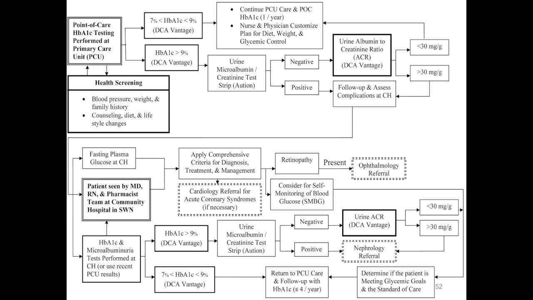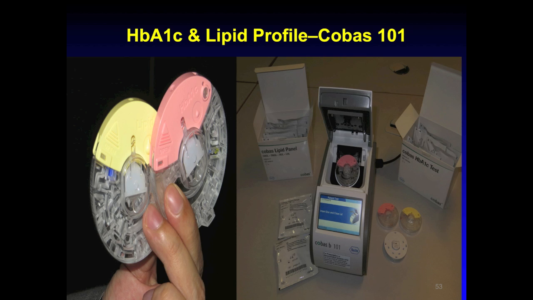We have developed, as shown in slide 52, care paths that will integrate several forms of point-of-care testing to deal with the diabetes problem. And in slide 53, a direction we hope to take with a new instrument that can do both hemoglobin A1C highly accurately and lipid profiling. And the point of this section is to